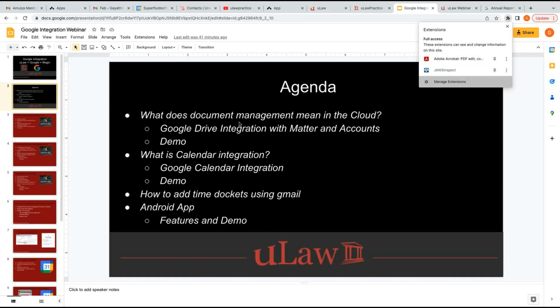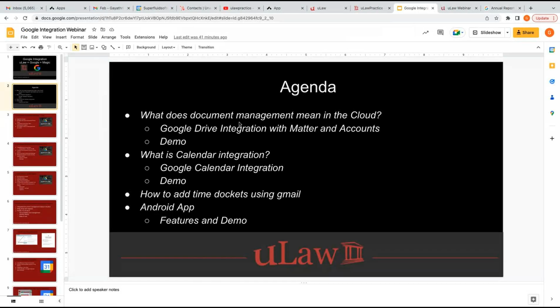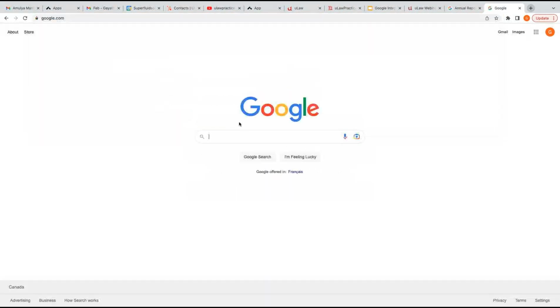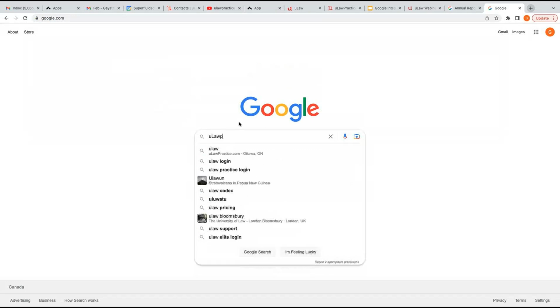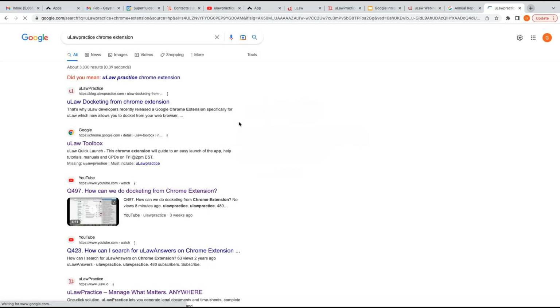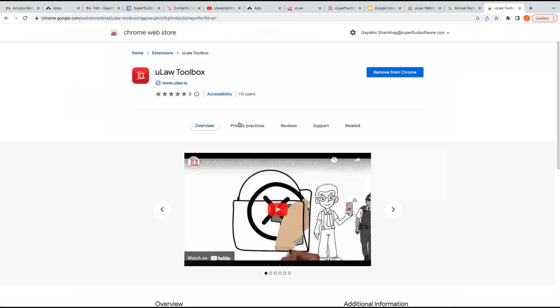So the Chrome extensions, where obviously you're going to manage your extension, and you can also enter your other details. So in this place, let's say you have a Chrome extension. So you can first of all download a Chrome extension from uLaw. Let's say uLawPractice Chrome extension. Please download a Chrome extension if you all don't have a toolbox for your Chrome extension. And when you access this toolbox, all that you have to do is,